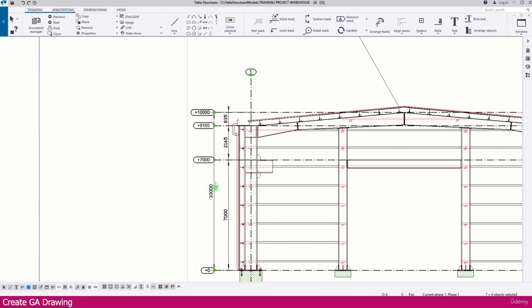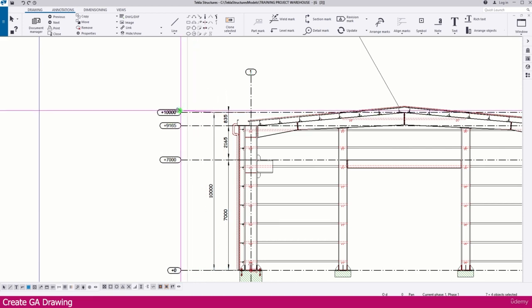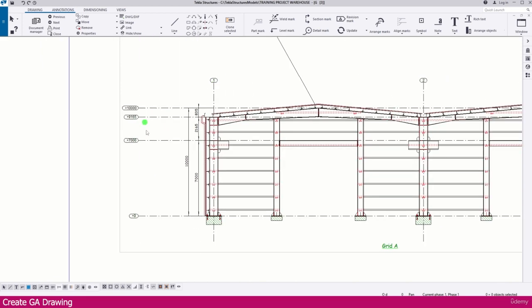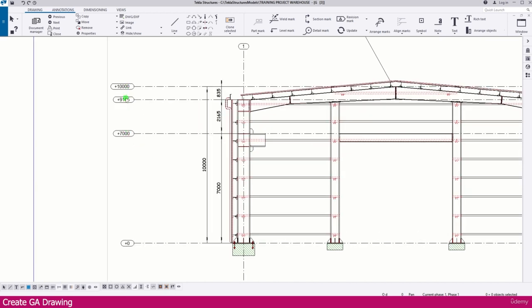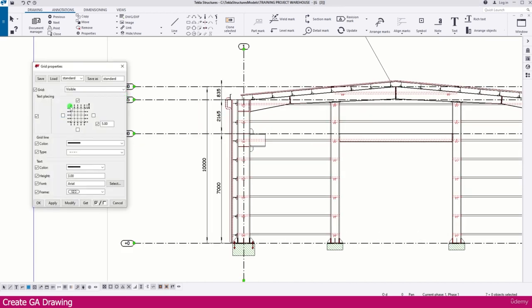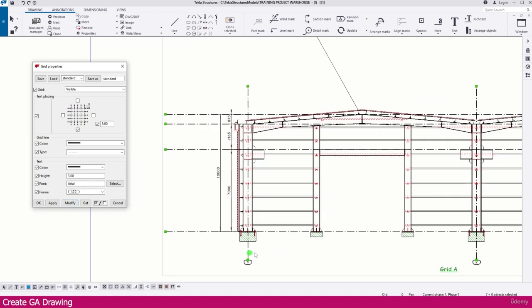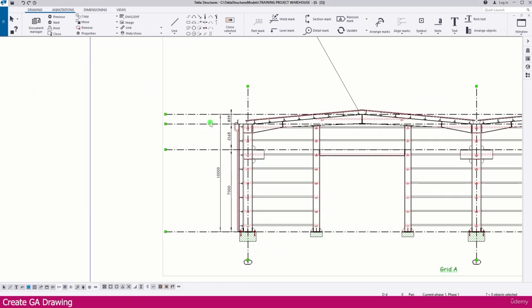You can select all the grid like this, press alt and you can select like this. You can place it like this. Then if you don't want this level, you can double click this one, you can remove the level and modify. If you want to show this one below, you can click here, you will get the grid label below. So then if you need to mark level, just go to